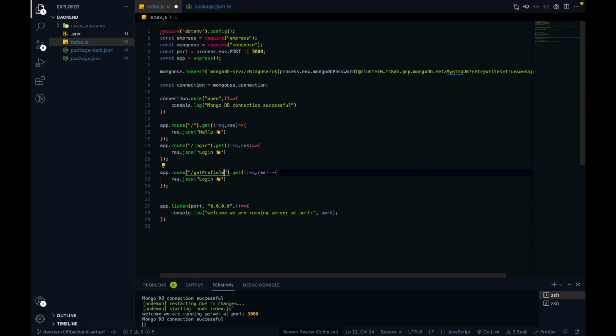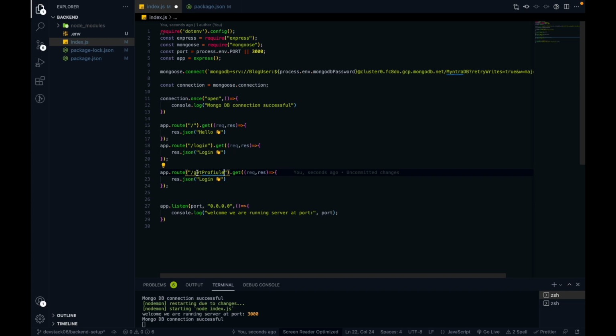As we grow, the endpoints of the app will also grow. Suppose we have login, register, get profile, create profile, cart, order. There will be many more endpoints in the future.